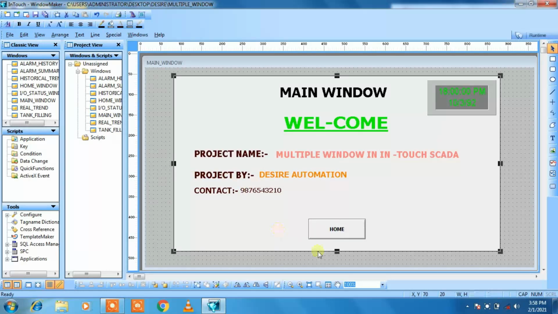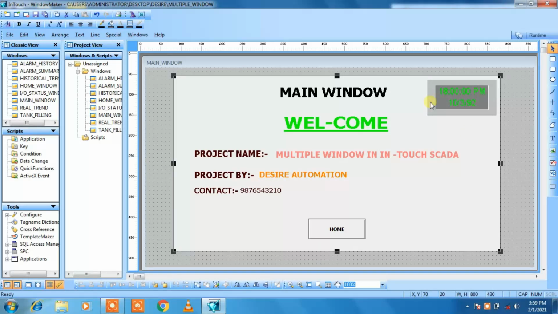So in this way we have designed our main window, and on the main window we are welcoming all, and we have our project name, project file name, meaning who is doing this project. Then we also add the contact over here and a clock to see the real time.